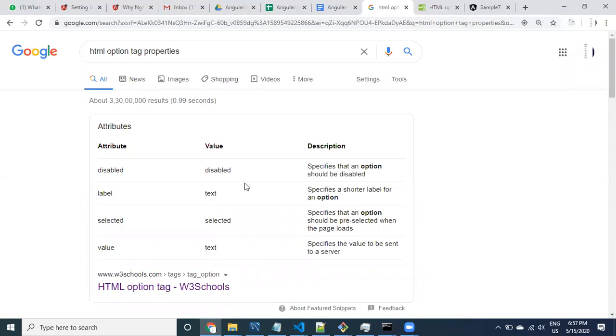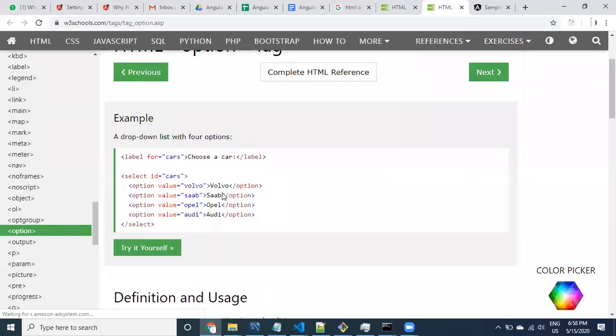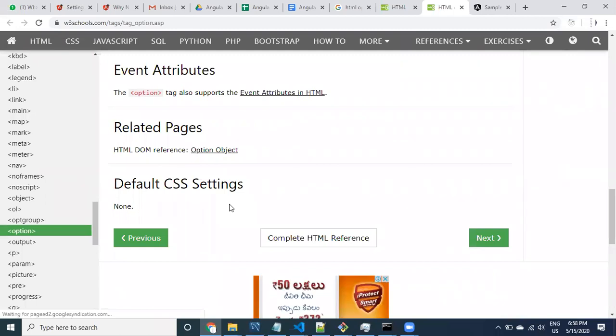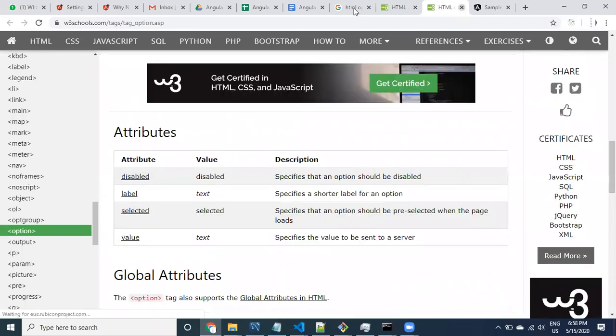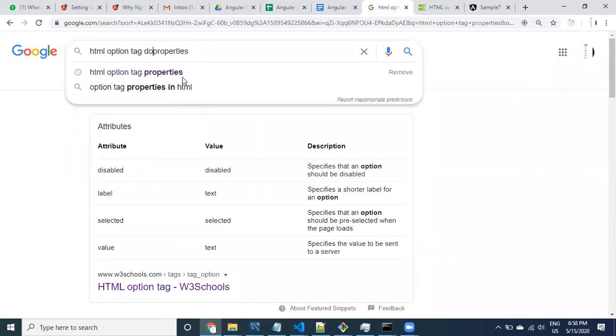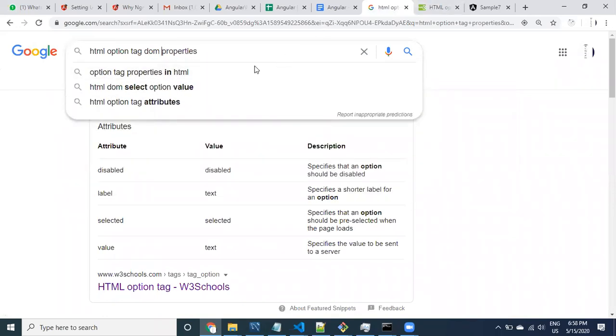See here guys, you can go to the HTML option tag, and these are the attributes they are showing. DOM properties, you can take like this.